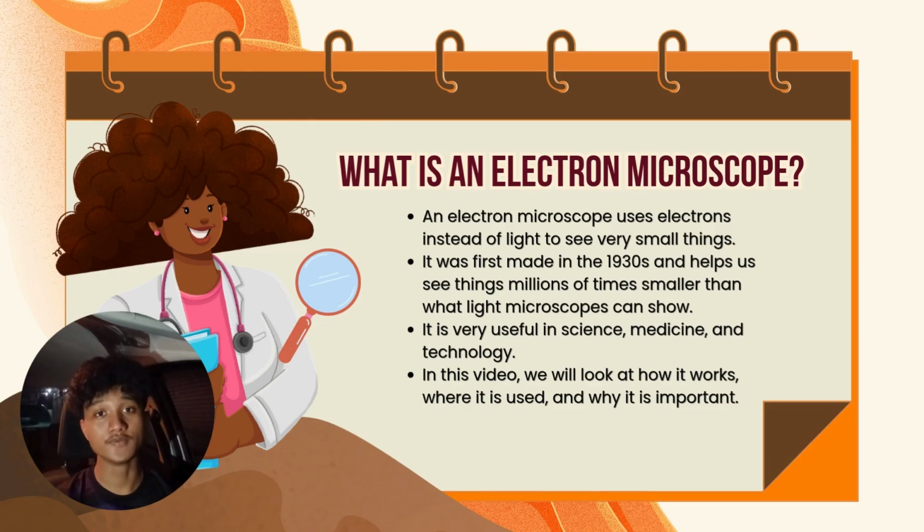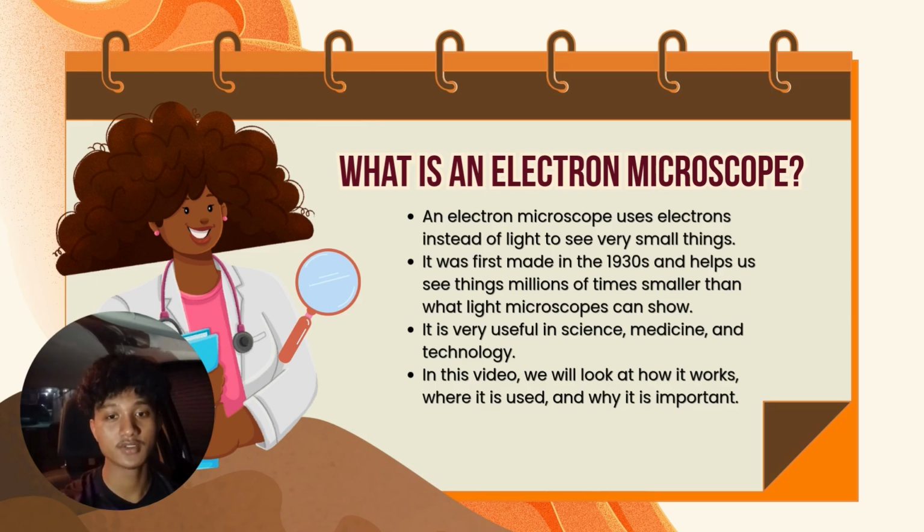Hi everyone, in this video, we're going to talk about a very powerful scientific tool called the electron microscope. Unlike a normal microscope that uses light, the electron microscope uses a beam of electrons to look at objects that are extremely small, even smaller than what a light microscope can see. It was first developed in the 1930s, and since then, it has played an important role in fields like biology, medicine, and nanotechnology. Let's take a closer look at how it works, what it's used for, and why it's such